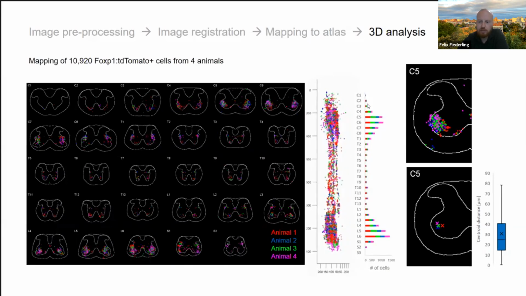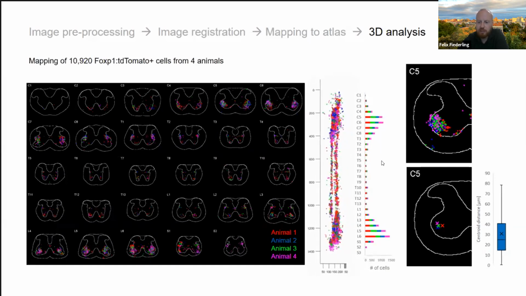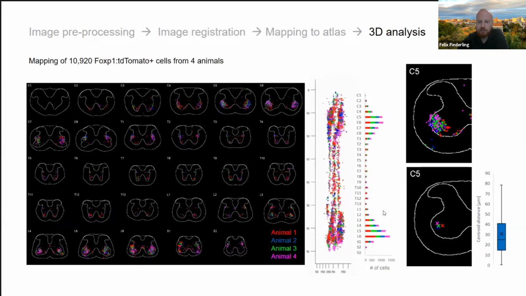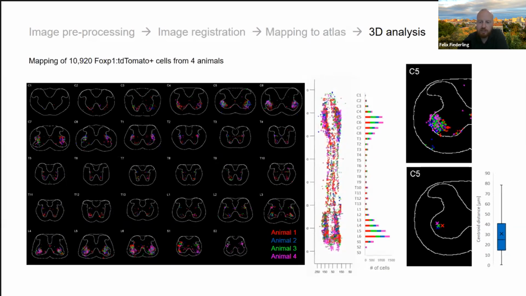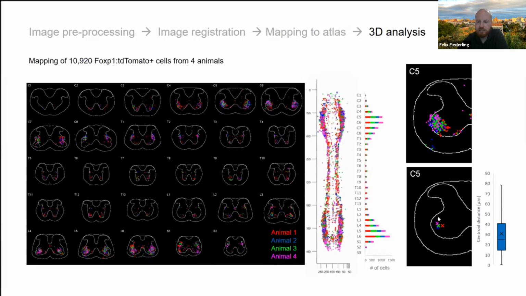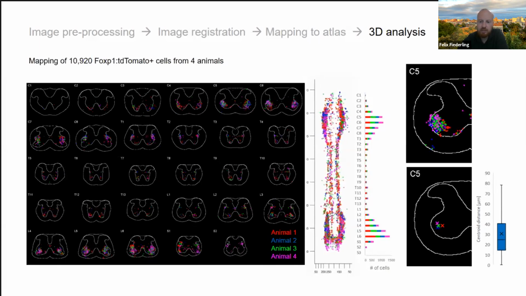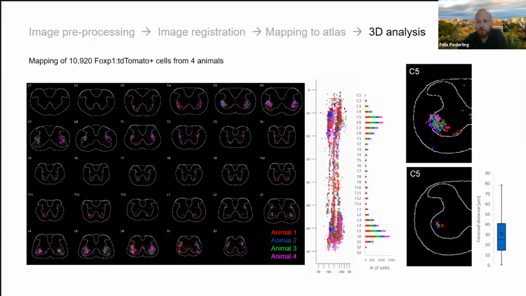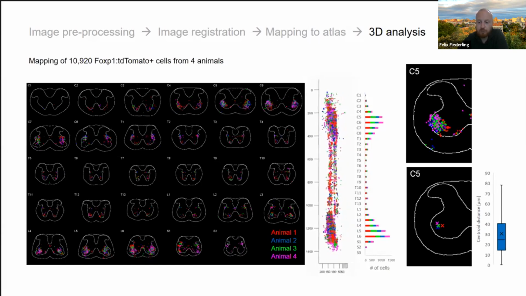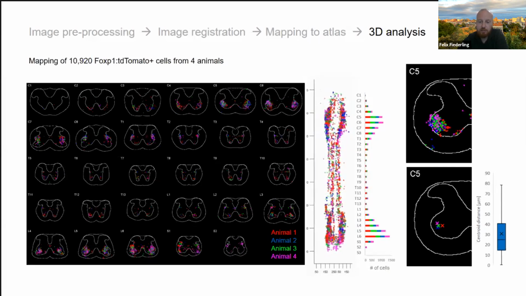And when we look at the number of cells in each spinal segment, we see that the cells are equally distributed across animals and that they concentrate at limb levels as we would expect for this type of motor neurons. We also calculated the distances between the centers of mass of the individual cell distributions in each animal and within each segment, and find that the average mapping offset across all segments is around 30 micrometer. So very, very small offset. And this really shows that we can map cells in different animals with high accuracy, and that allows us to directly